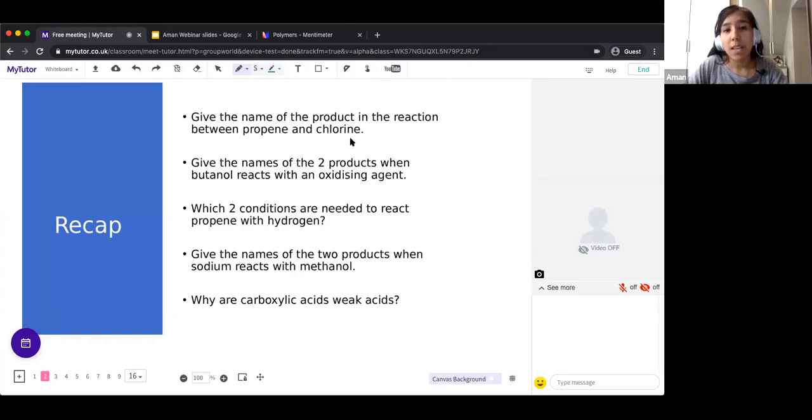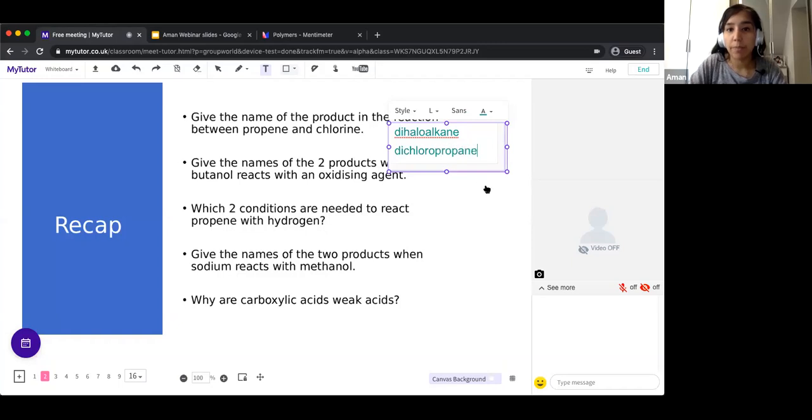So for the person that's saying they weren't here on Monday, that's absolutely fine. This is a repeat because Monday's session didn't go ahead. So dichloropropane, excellent, well done. So I'll type that out for you. So the general rule for when we react an alkene with a halogen is it will be halo, alkane. So remember, it breaks the double bond, so it becomes an alkane. So in this case, it's